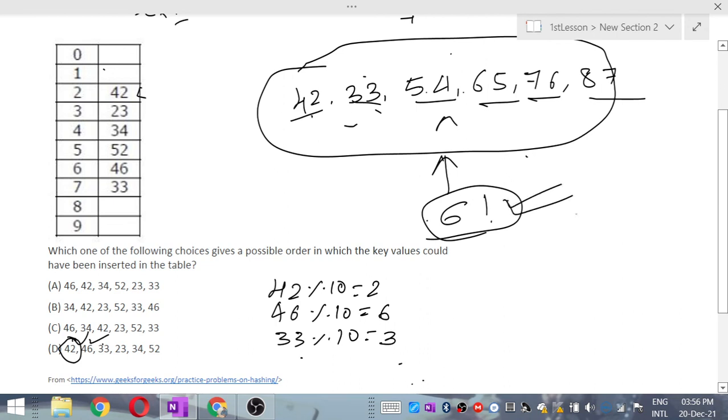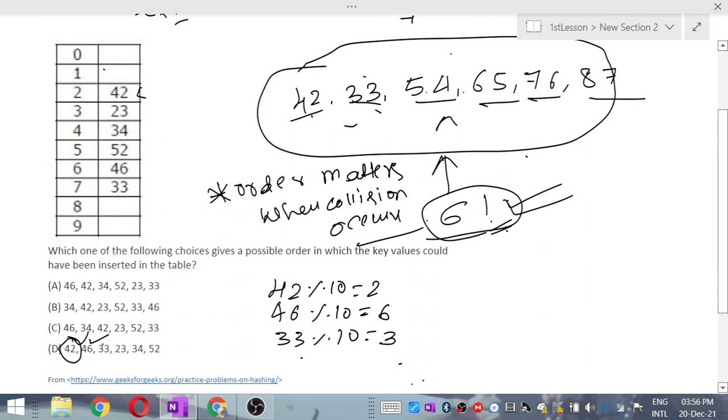Order doesn't matter here; order matters when a collision occurred. This one we have to take care of.